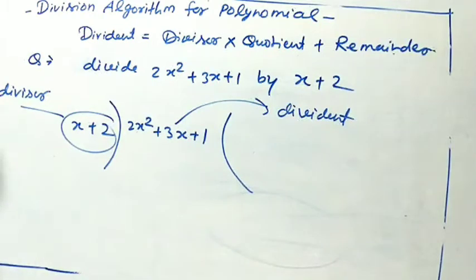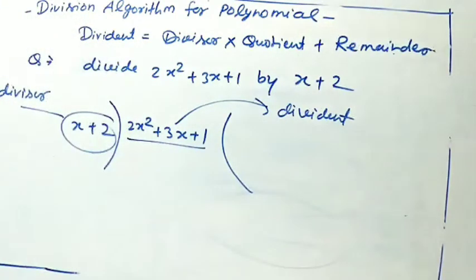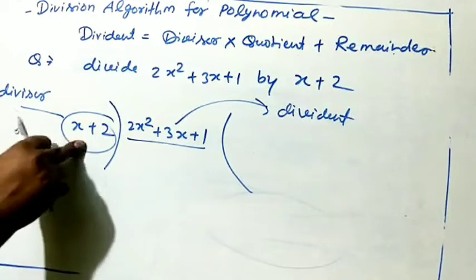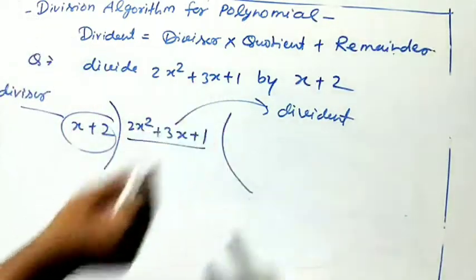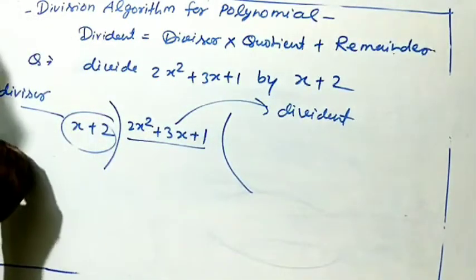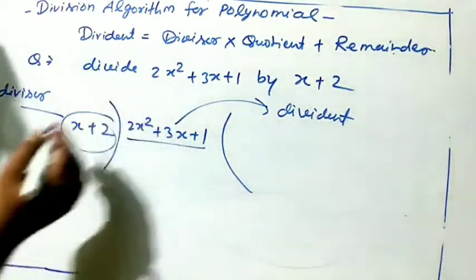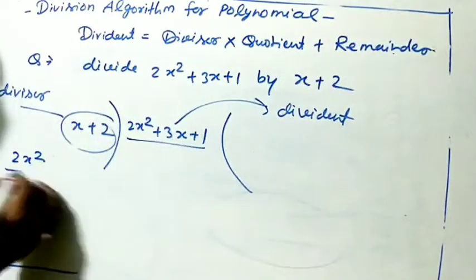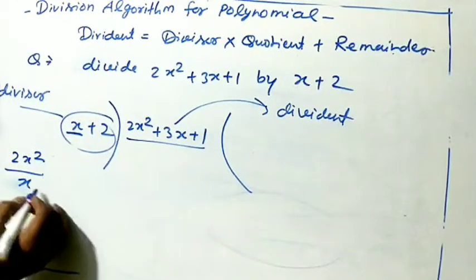Okay, but how to start division? Listen carefully. In the division, the degree of this quadratic polynomial is 2, and here the degree is 1. So you have to be clear how to find out the first term of the quotient. So divide